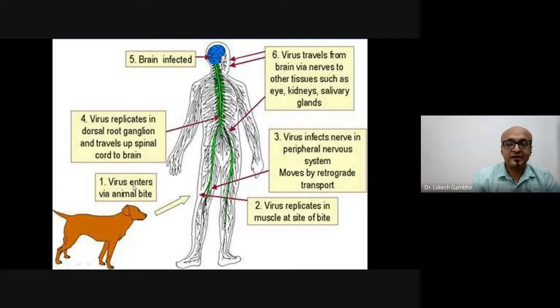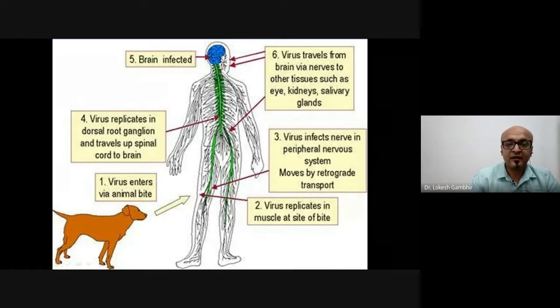This is how the complete pathway is related. Once there is a bite, suppose on the mucosal membrane, then after this bite, at this site the virus will start replicating. Once it has replicated, the virus will infect the nerve cells, the peripheral nerves, not the central nervous system. The peripheral nerves will be affected, and there will be retrograde movement. It will move from those nerves retrogradely via the transport system, and then the virus will start replicating inside the ganglions.